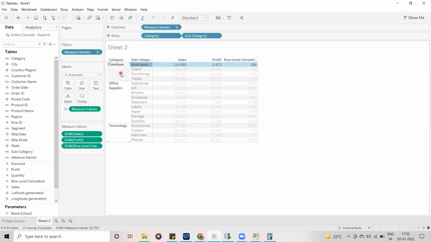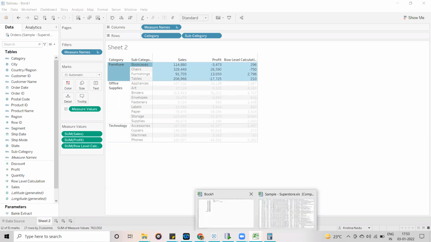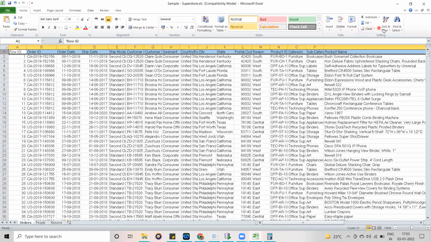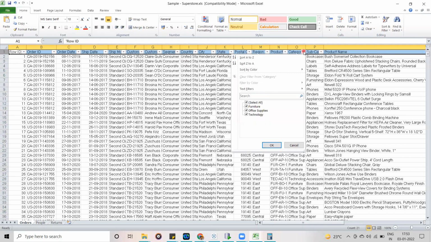So now, in the Excel file, I am going to select furniture. Then from subcategory, I am going to select bookcases in the Excel file. Here I am going to apply the filter. Furniture, I am going to select furniture.